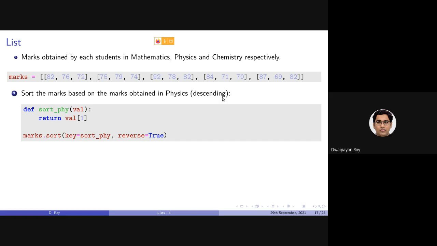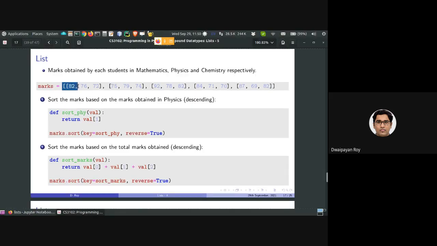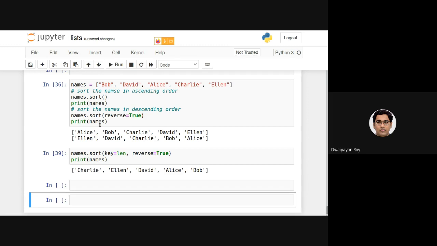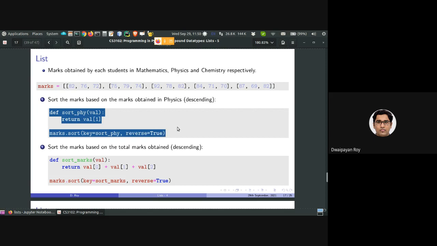Similarly, if I want to sort them based on the total marks obtained, again I need to provide this val, and then instead of returning val 1, val 0, or val 2 for sorting based on physics, mathematics, or chemistry, I'll be returning val 0 plus val 1 plus val 2. This will sort the list based on the total marks obtained. So let's quickly show you. As I said, this will be discussed later on as well. So if I call this,